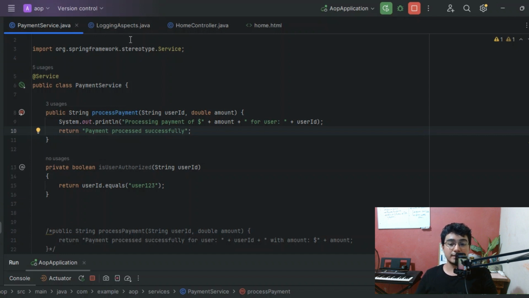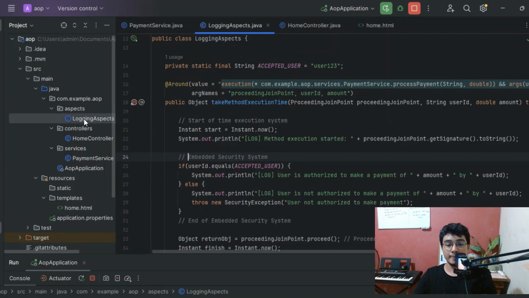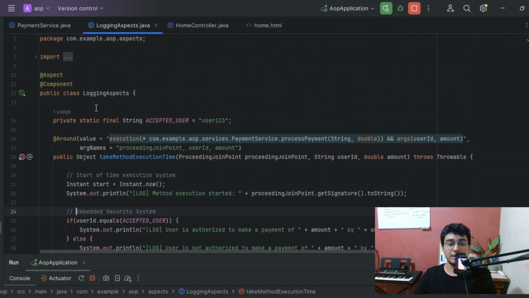And what are the aspects? Remember that the aspects are the logic that you will be injecting by the interception of the proxy. In this case, we have isolated all of that code that you saw me get rid of into one class. So the class, let me present it to you, is located in the aspects package here. And you can see here that this is quite a bit of code, but I want to explain it very